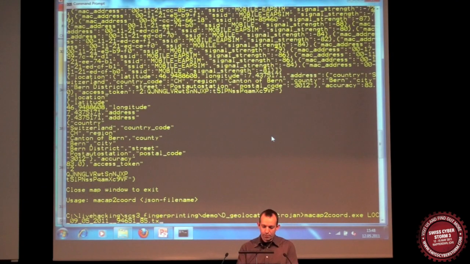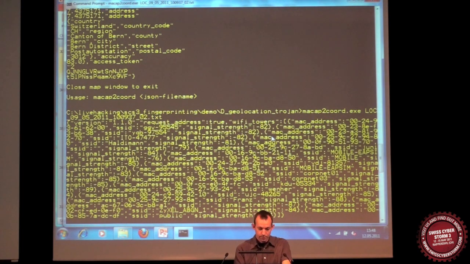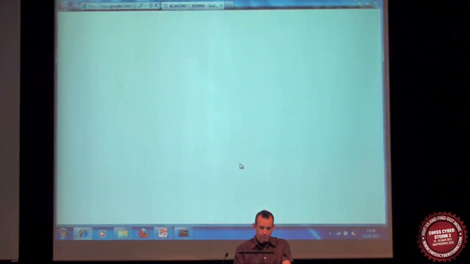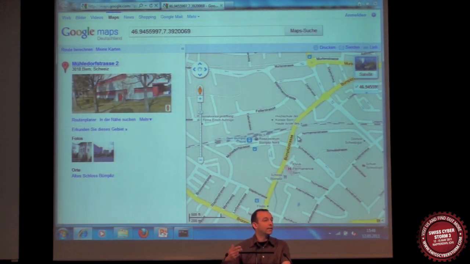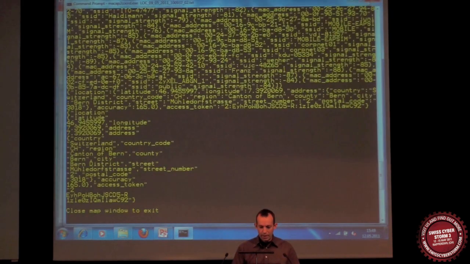Or another example, in Bern-Bümplitz. So I let a script run on my laptop that collected this information, and what I also did